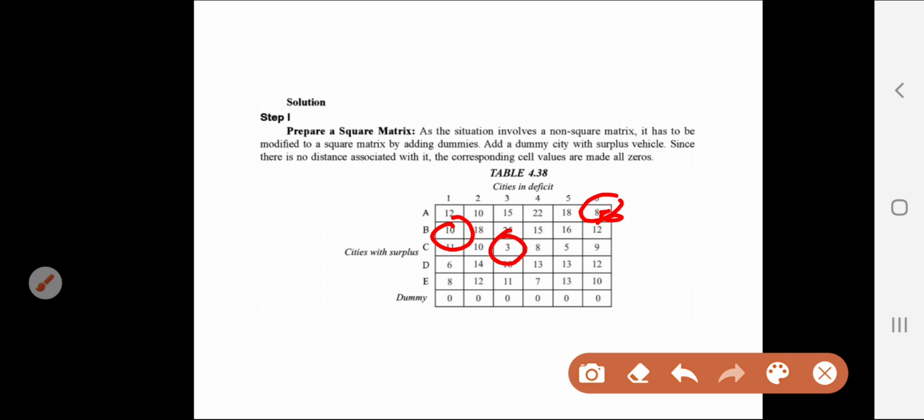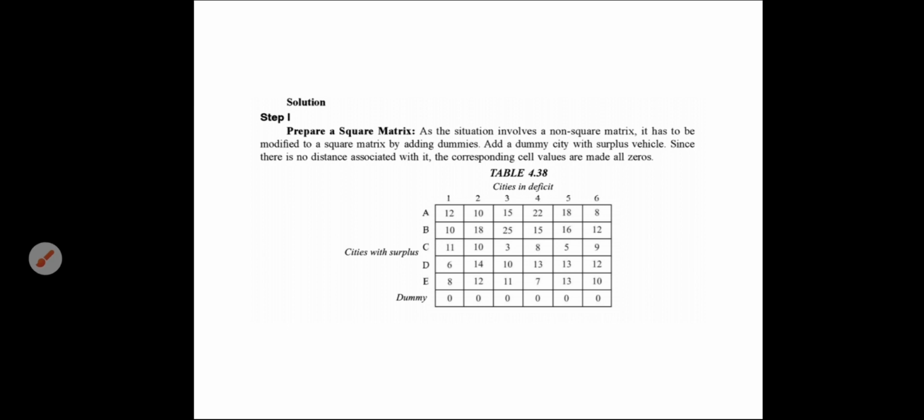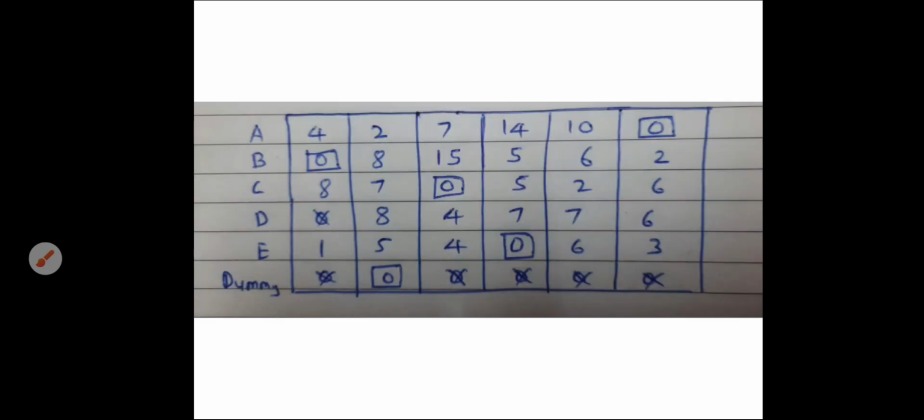In the fourth row 6 is minimum. In the fifth row 7 is minimum. In this way you choose minimum values and subtract them from all other elements, and the modified values you can write down in the table. So you will get this new table: 4, 2, 7, 14, 10, 0.